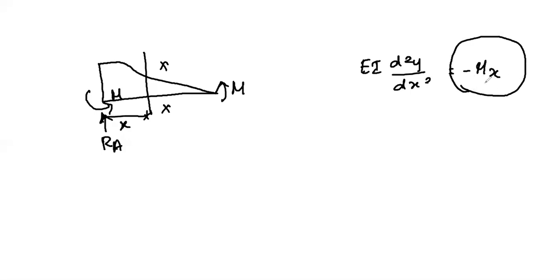Mx means the moment above the section you are considering, that is the moment above the point X. So the first step is to find the value of Mx. Now I am choosing the left portion. Considering the left portion, there is one reaction RA into its corresponding distance X, minus one more moment which is acting in the anti-clockwise direction. So the sign convention will be negative and its magnitude is M.